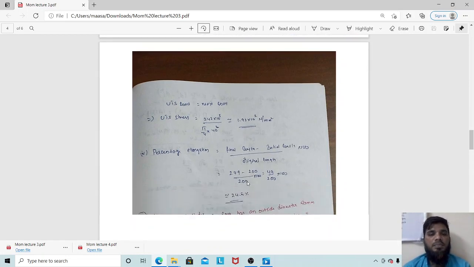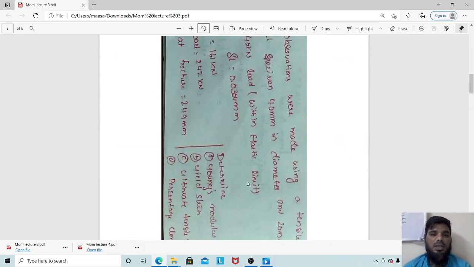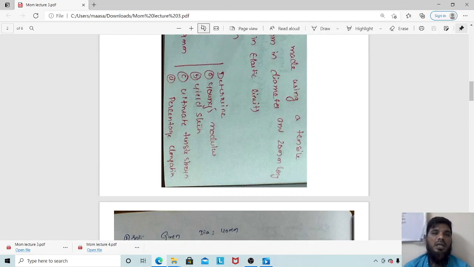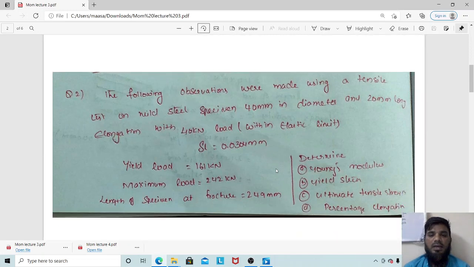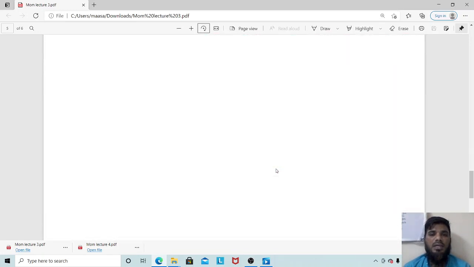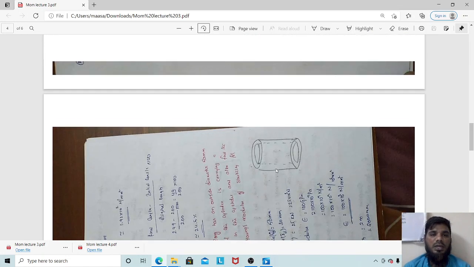Next is percentage elongation. They have asked you percentage elongation. See this question, for the fourth question, they have asked percentage elongation. So we are trying to find percentage elongation. So what is percentage elongation? If you see here,